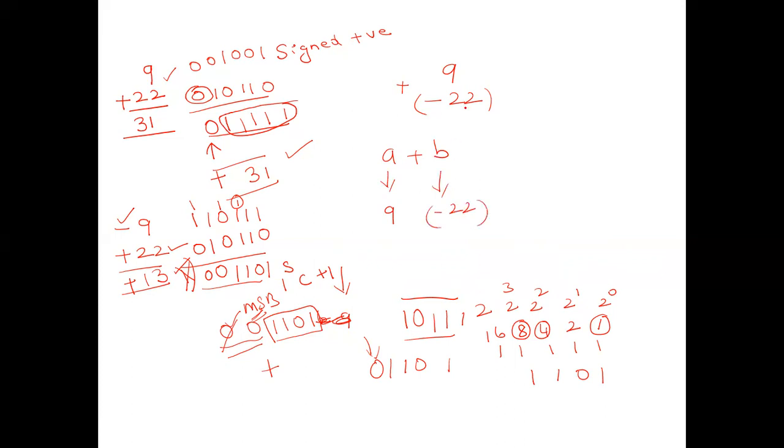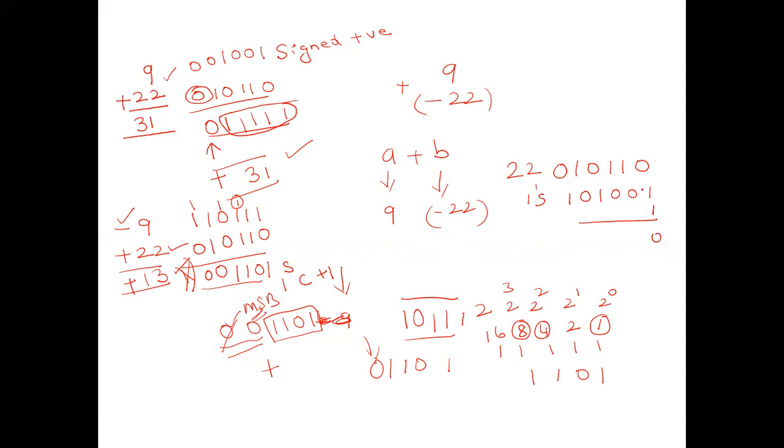Okay, so -22, I am taking 2's complement. How will you represent 22? To represent 22 means 1, 0, 1, 1, 0. But one more 0 will be added as an MSB to check the sign. So this is +22. When we convert it into -22, first I will convert it to 1's complement: 1, 0, 1, 0, 0, 1. And I will add 1.